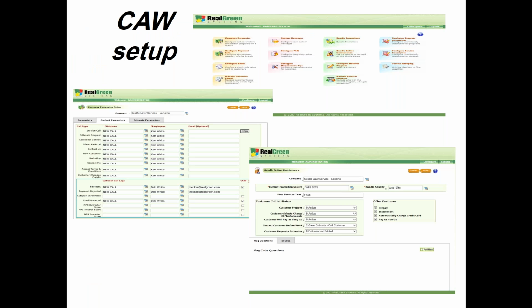So in CAW, we do a couple setups. We want to make sure that you are aware of this, that if an email bounces, we do have it set up for the email bounce, and that will go to a call log, which usually goes into the CAW or website call log. We also want to make sure that in your free service text, it says free or maybe call for